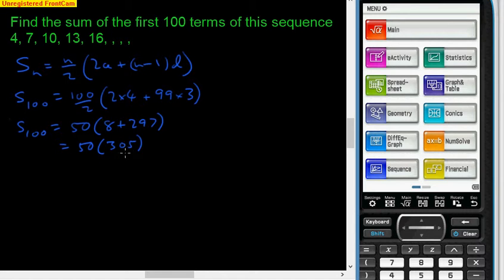305. And now we've got to multiply 50 by 305. 5 times 5 is 25, 5 times 3 is 15, and that gives 15,250. And that is it done,